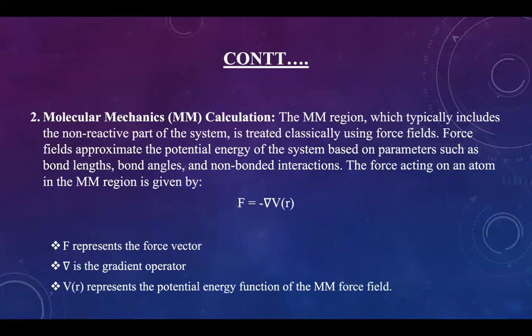Molecular mechanics calculation. The MM region, which typically includes the non-reactive part of the system, is treated classically using force field. Force field approximates the potential energy of the system based on parameters such as bond length, bond angle, and non-bonding interaction. The force acting on an atom in the MM region is given by F = -∇V(R). F represents the force vector, ∇ is the gradient operator, V(R) represents the potential energy function of the